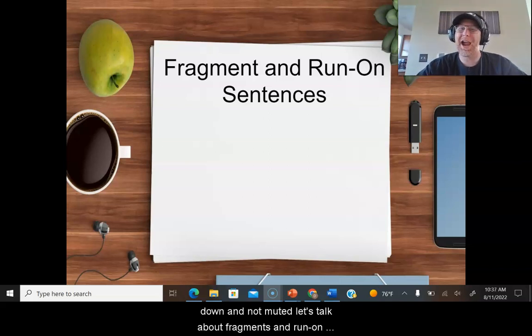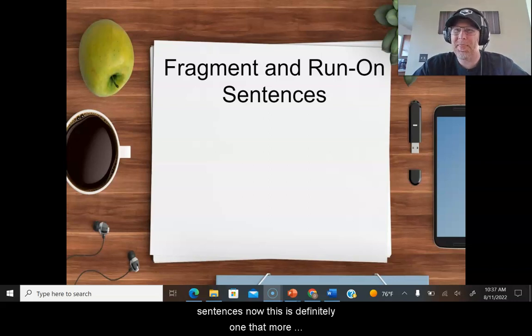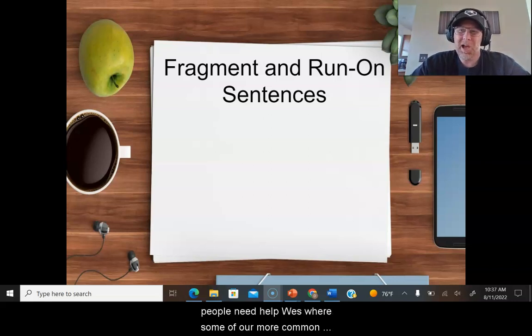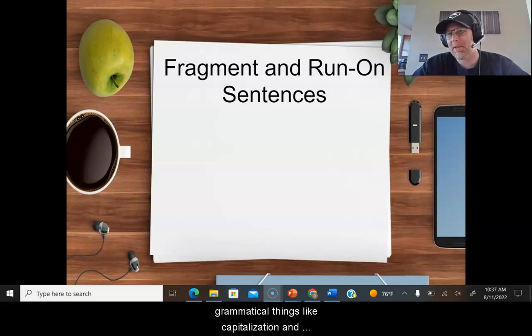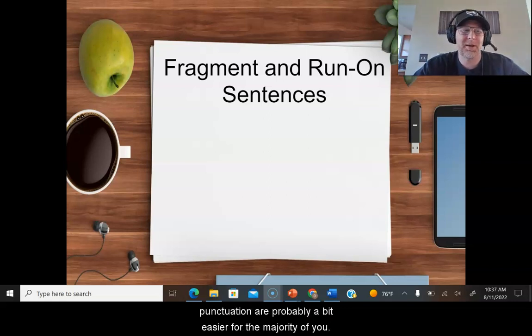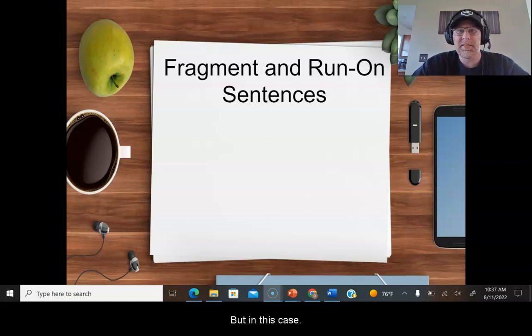Let's talk about fragment and run-on sentences. Now this is definitely one that more people need help with, where some of our more common grammatical things like capitalization and end punctuation are probably a bit easier for the majority of you. But in this case,